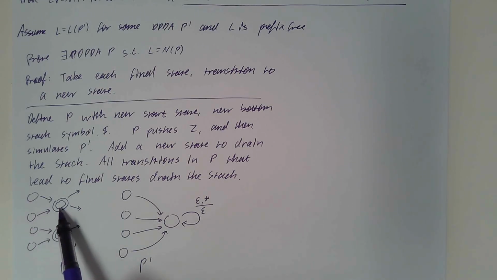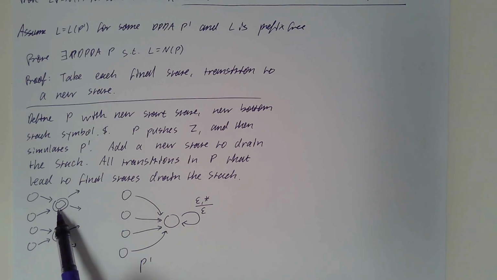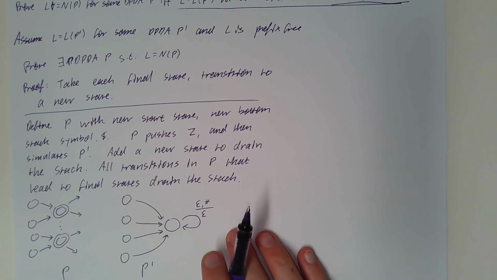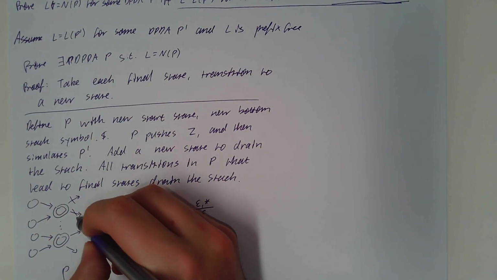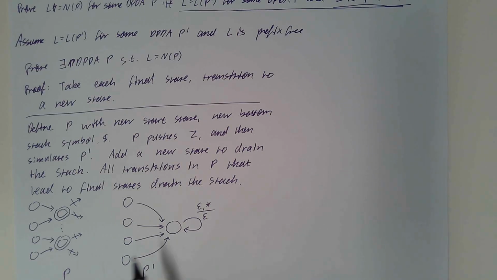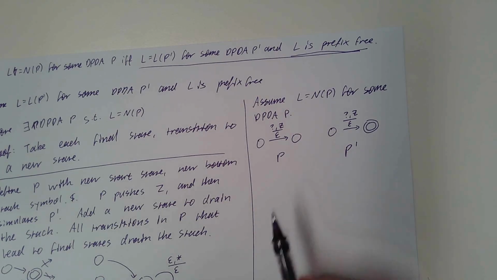Because if you go to the final state, that means you've accepted x, and then if you leave the final state, read some stuff, and then come back, then if you accept that new string y, then x has to be a prefix of y. But we know by the fact that L is prefix free, that's not something we have to worry about. So we can just kill these transitions freely without modifying the language that we're given. So that's why we're allowed to do this construction, and that's why we can create a new DPDA that accepts via empty stack. Now we'll assume that the language is accepted by some DPDA by empty stack.